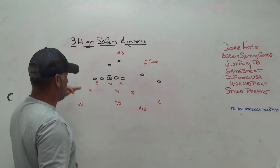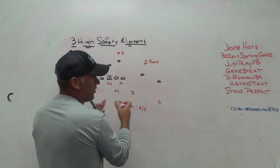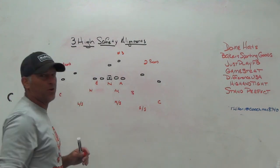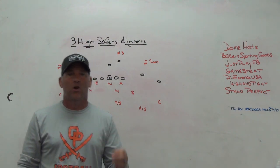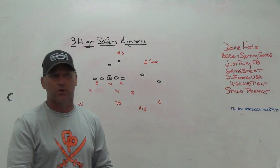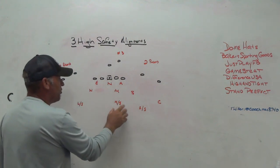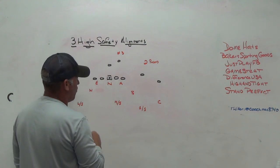Or we could play quarters or robber on one side, however we want to do it, but the middle of the field is still open, and somebody has to be responsible for 3 vertical. So anytime you're playing quarters or 2 read or an adaptation of quarters, usually you have a Mike linebacker, or an inside linebacker, that is responsible for 3 vertical. So by playing the 3 high safety structure, you're just replacing the role of the Mike with the middle